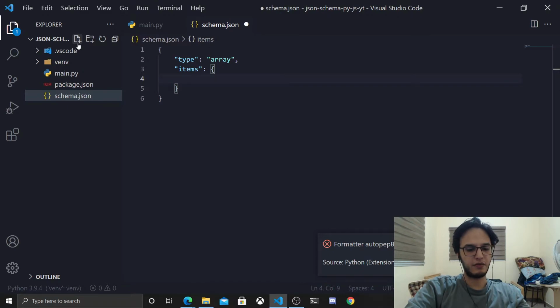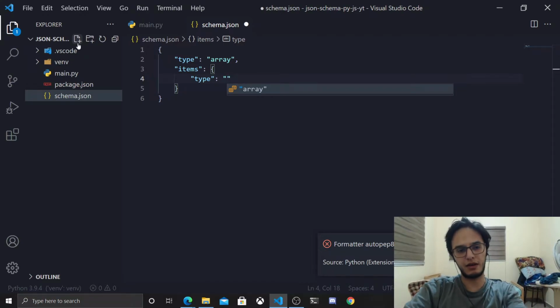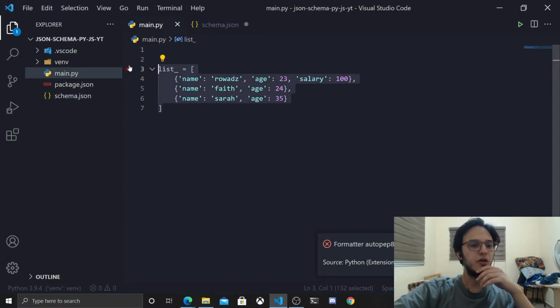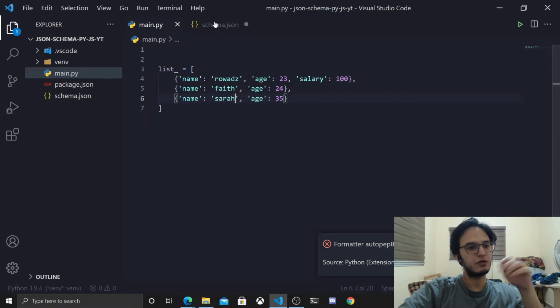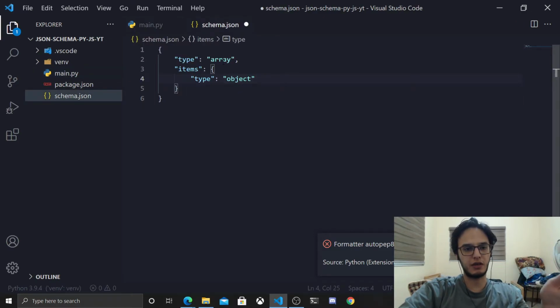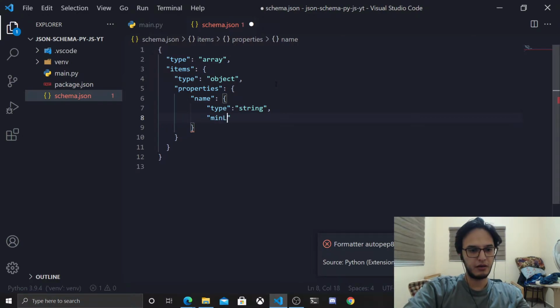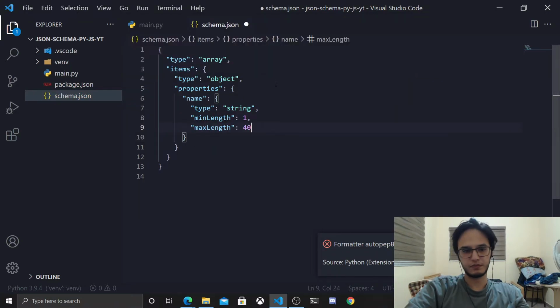So first thing, I'm gonna give it a type. The type of each element in the array will be an object, right? If you think about it in JSON, this represents an array of objects. So each item will be an object in this array. And we need to define properties. These are the properties inside each object. So the first property will be name. This will be of type string, and we need to have a min length of 1, a max length of 40,